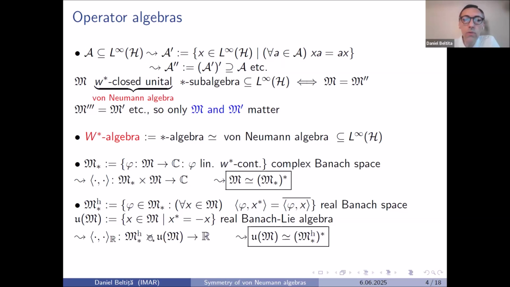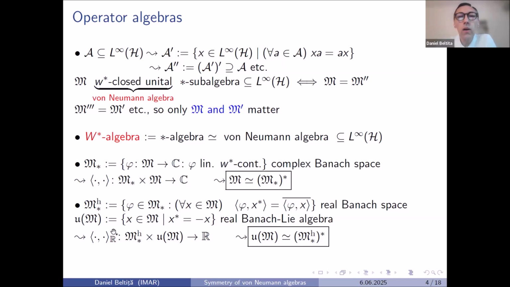Of course, with the suitable normalization, that is why we use here the subscript R, because we need to multiply by i. It is not the same as the above duality. It's not the restriction. We need to normalize a bit. All these are well-known facts from von Neumann algebras.